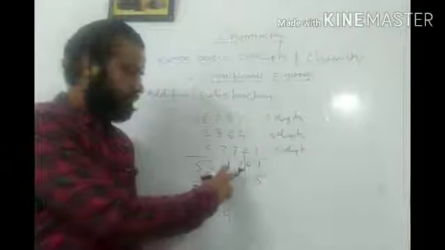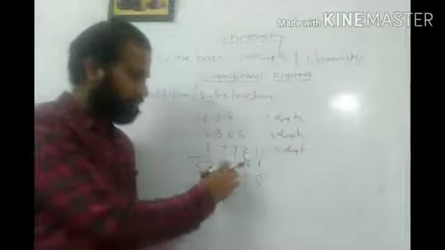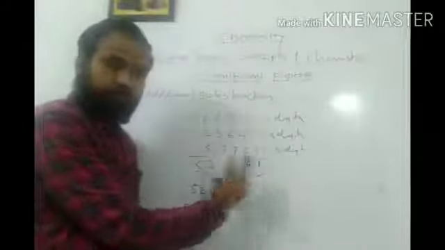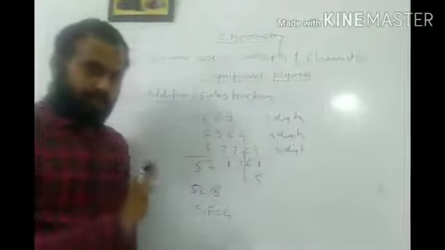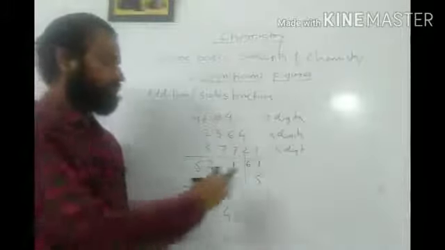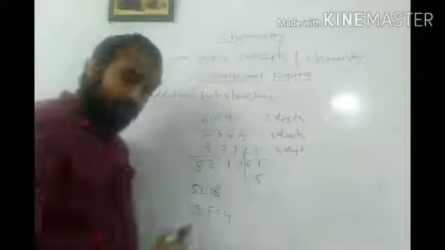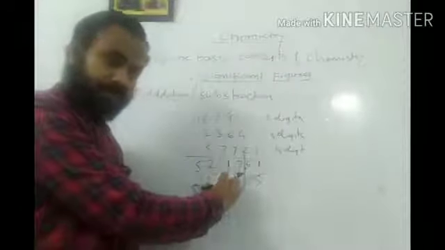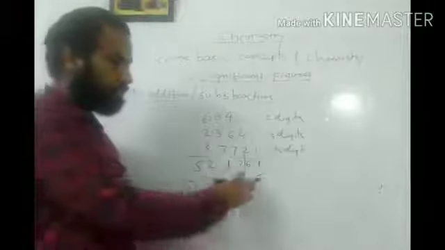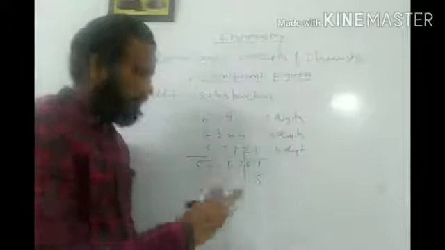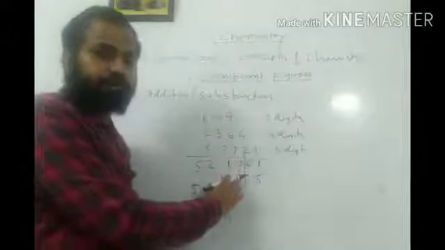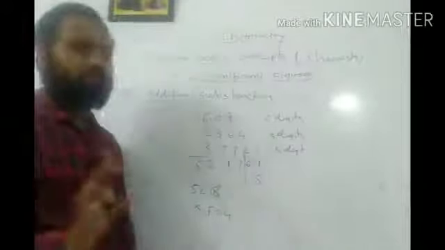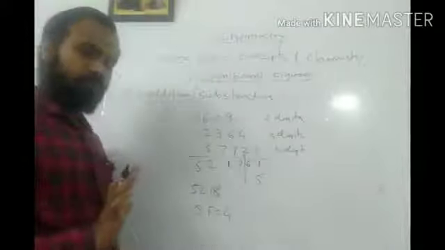So in this case 7 is an odd number, I am going to add one more when this digit is exactly 5. Not in this case, I am just explaining to all of you. If this digit is exactly 5, then I have to add one more to the previous number. And if this digit is exactly 5, but the previous digit is even, then there is no change. Your answer will be as it is. Okay, just for your information.